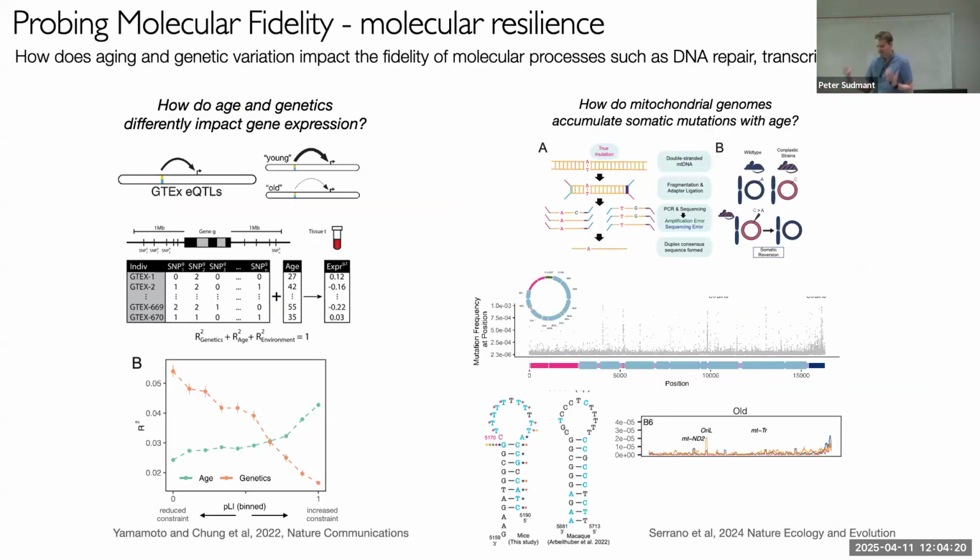The second half of the lab is thinking about this aging process a bit more in depth, thinking about molecular processes and quantifying them through age and lifespan. I'll just quickly mention this work on the right here. I won't go too much into this, but in this project, we used this type of sequencing called duplex sequencing, which allows us to look at somatic mutations, and we specifically did this in mitochondria.